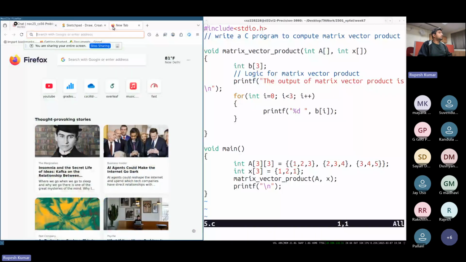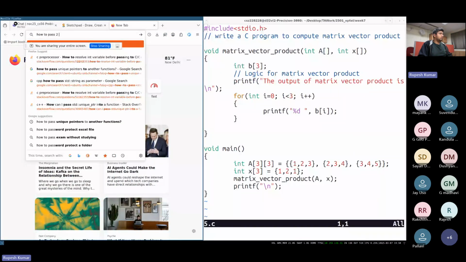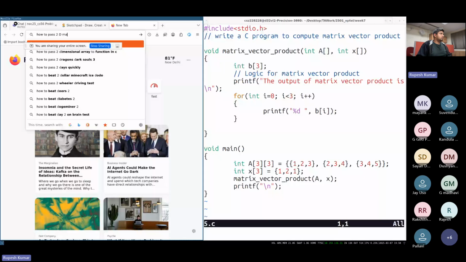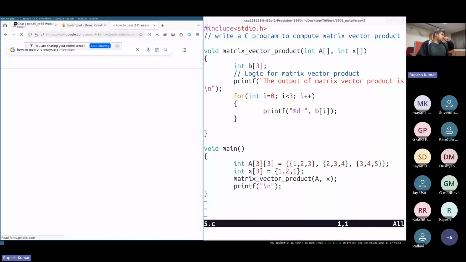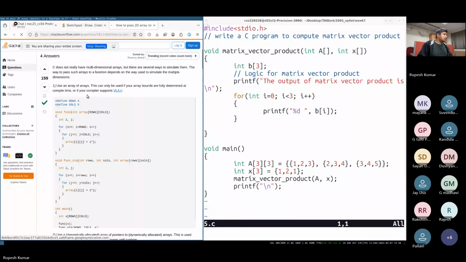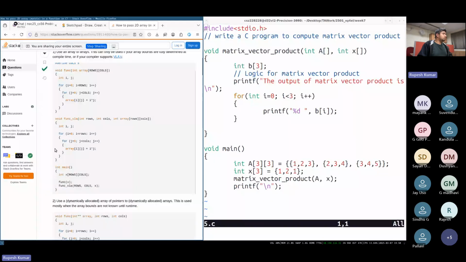So let's see how to pass 2D arrays in a C function. So whenever you have such doubts, you need to look into the documentation. So let us see. Acha, you need to define the rows and columns.